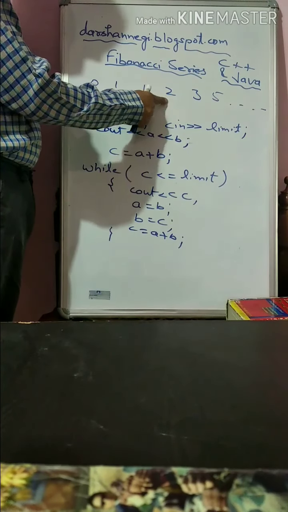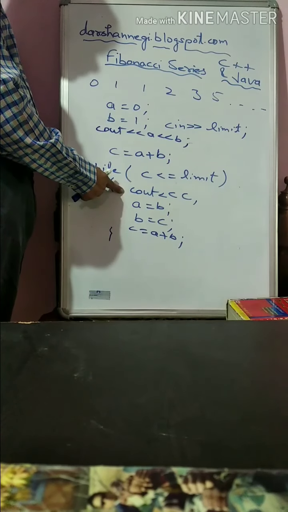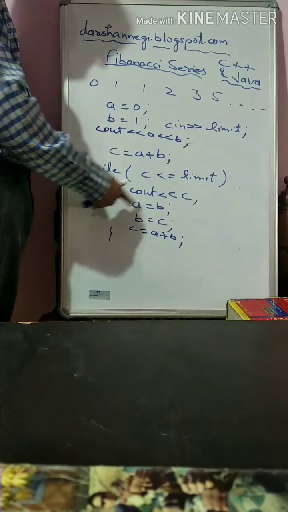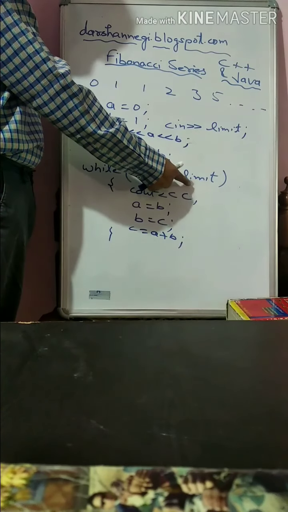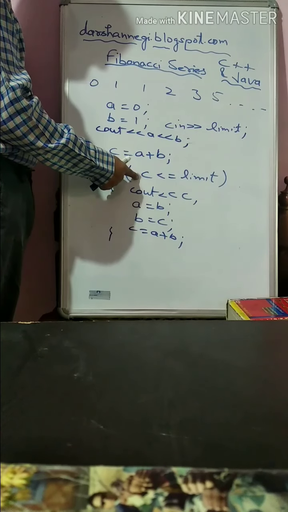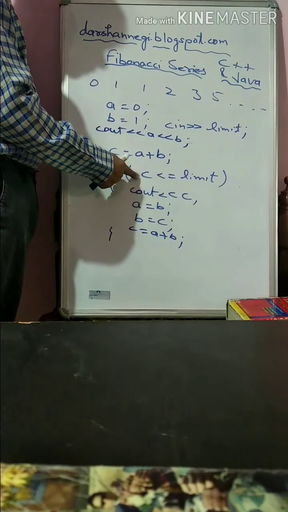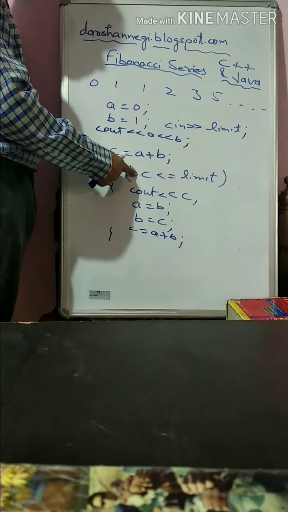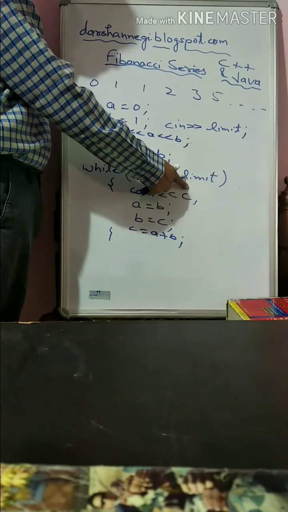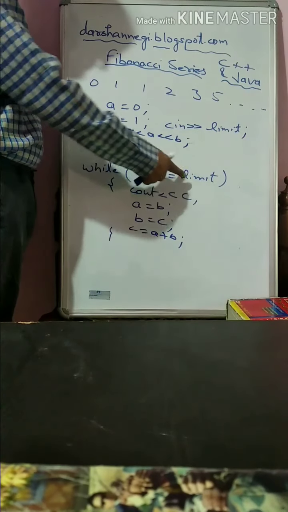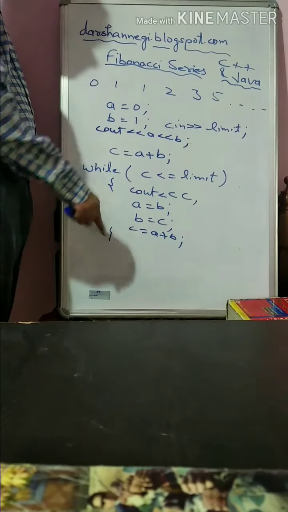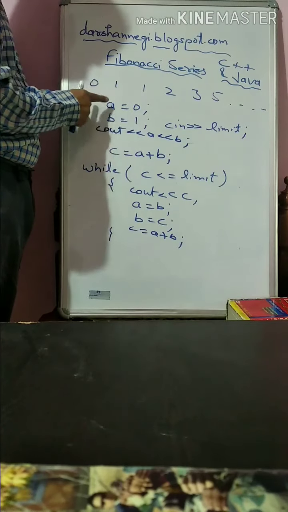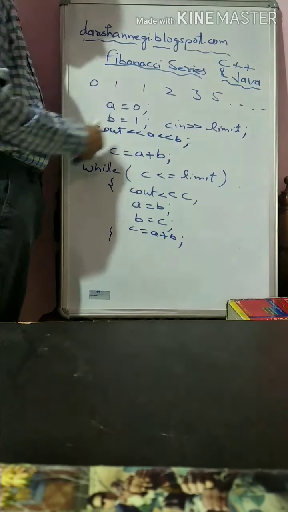So as I got 2 here, then again I have displayed that value. Because it's a loop, these statements will be repeated many times till the condition is fulfilled. So here, in every round, the value of C, that means the Fibonacci number which I am calculating, will be tested with the last number. And in case we have not reached the last number, these statements will be repeated. We just calculate the third number, and we just shift the value of A and B.